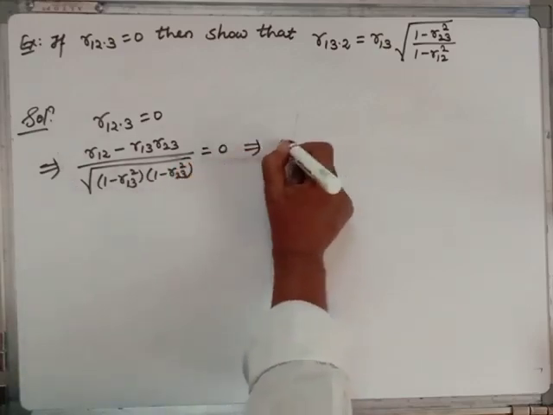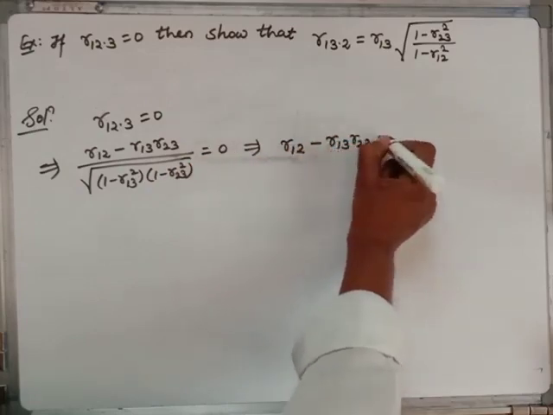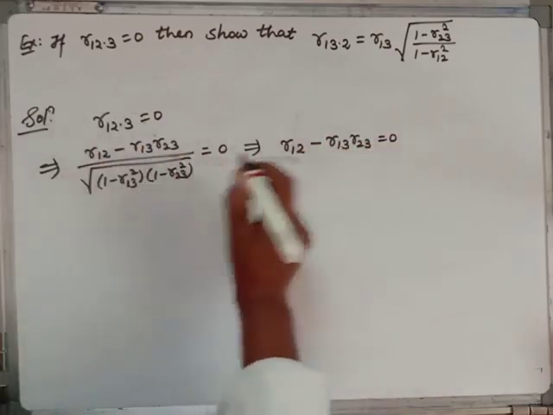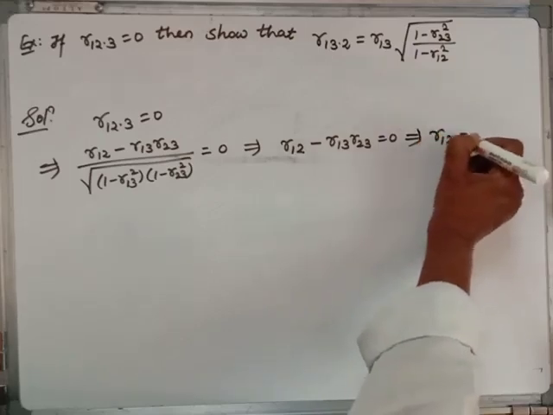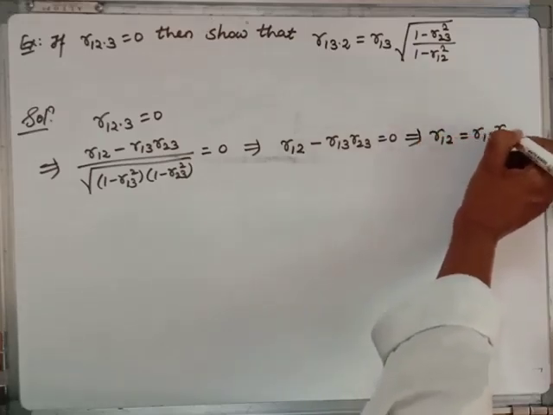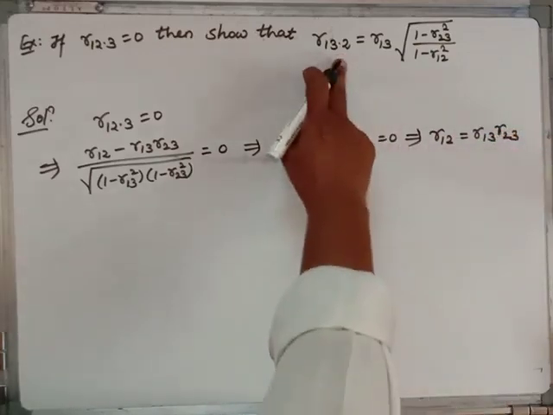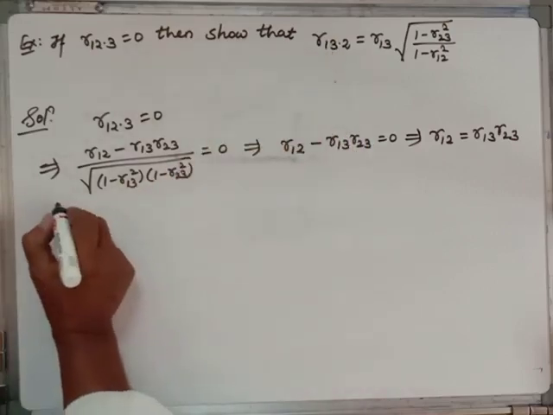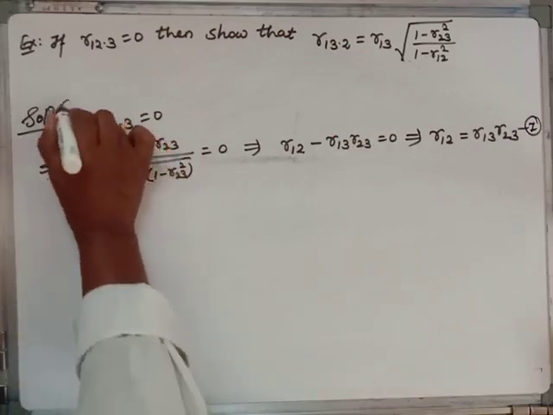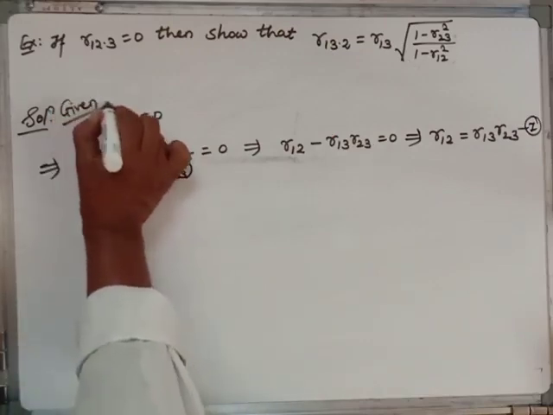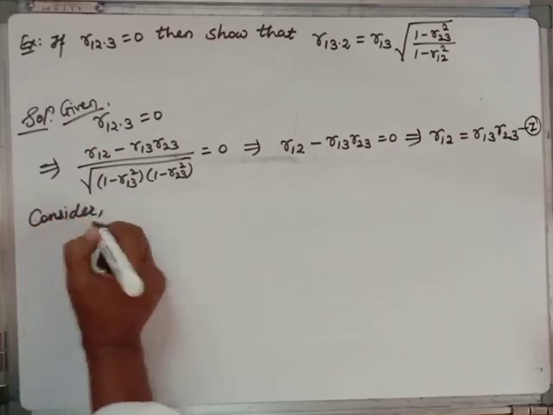So this gives us R12 minus R13 R23 is what? 0. This numerator will be 0, then it will be 0. That gives us R12 equal to R13 into R23. Fine. This is equivalent to this product. Now call it as equation number 1. This is given to us. From that we get it, right? So now consider this one,